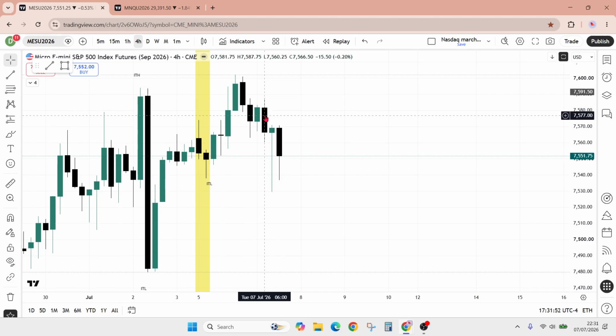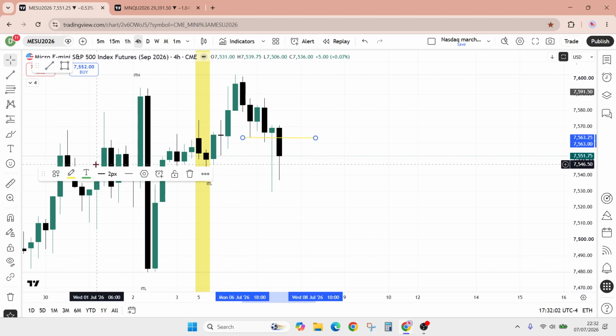You got a bearish engulfing candle here in the 4 hour, and you got a shift in market structure. So once this swing low is broken, like you see here, but clearly here with the body and everything, that is a bearish shift in market structure. That is a bearish engulfing candle,